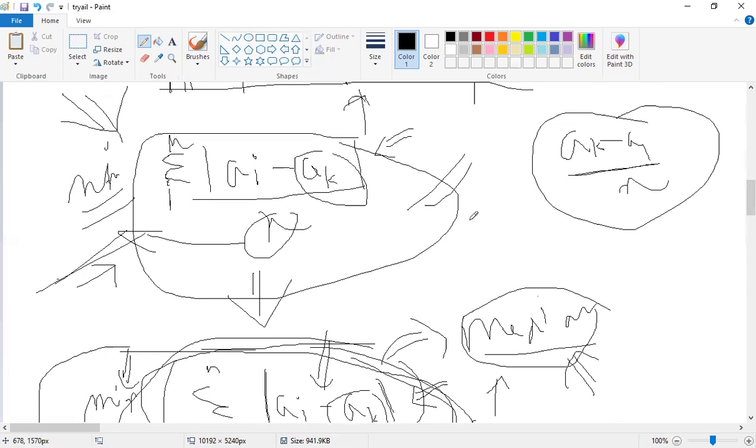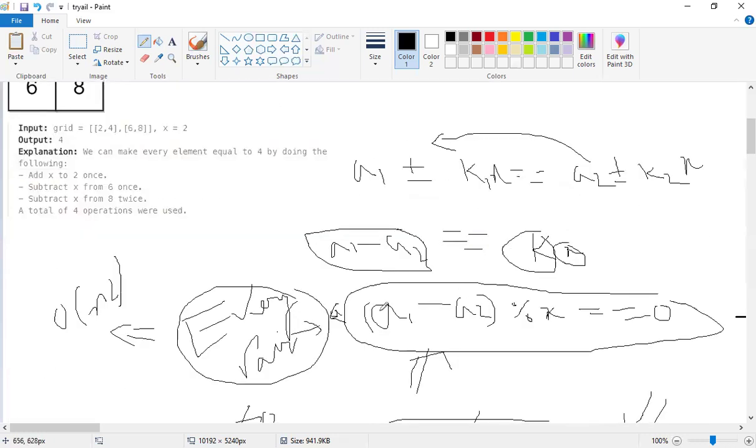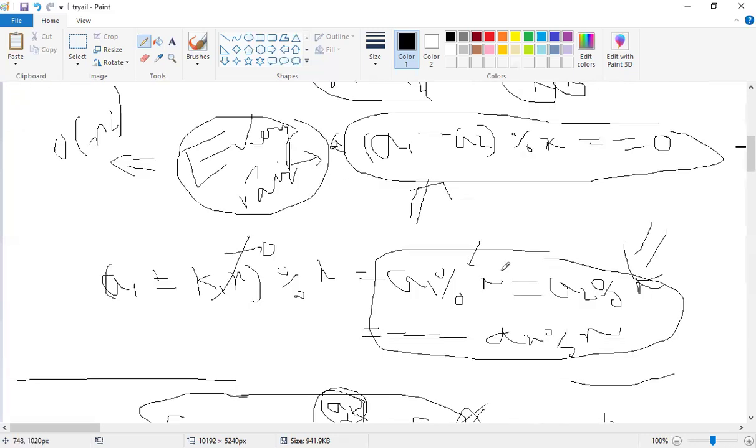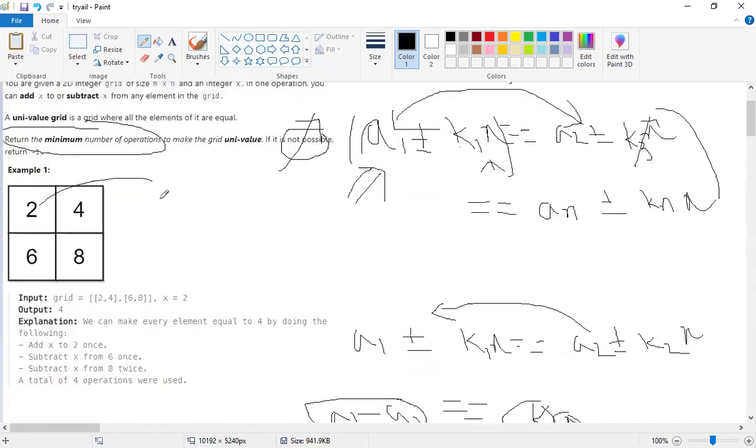So what we're going to do, firstly, we will check this condition, right? Probably we can take A1 or A0, and find out its remainder and compare it with every other AN. Once we are able to do that, then we put everything into an array, and flatten this basically. 2, 4, it is already sorted. But if it is not sorted, we are going to sort it, and we are going to find the median. In case of even, the median is nothing but the average of these two guys,